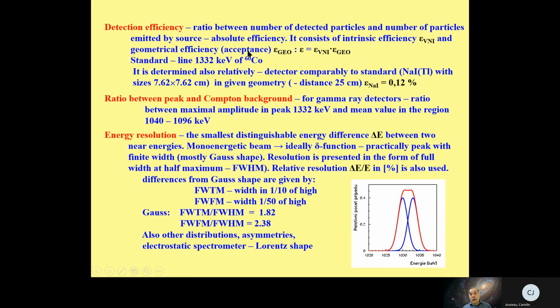What is geometrical efficiency? Geometrical efficiency is the ratio between the number of particles which are running in the direction of the sensitive volume of the detector to the number of emitted particles. Excuse me,